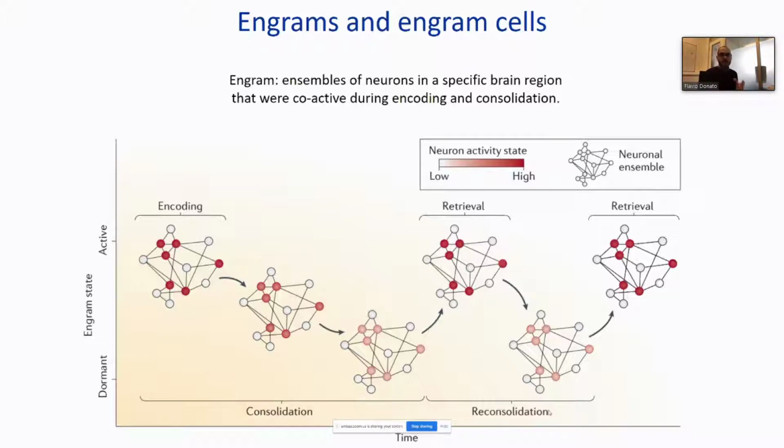So the hypothesis that comes from the idea that Simon and Hebb put forward is that experience induces a physical change in the brain. This physical change is embodied in the ability of a group of neurons to become coactive and to encode information about that specific experience, so that the reactivation of that particular group of neurons that we call the engram is able to induce the retrieval or the recall of the memory of the specific event that created the engram itself.